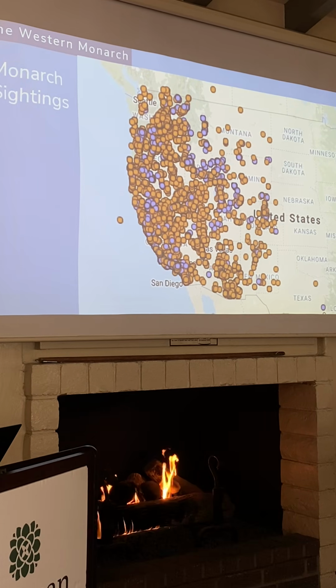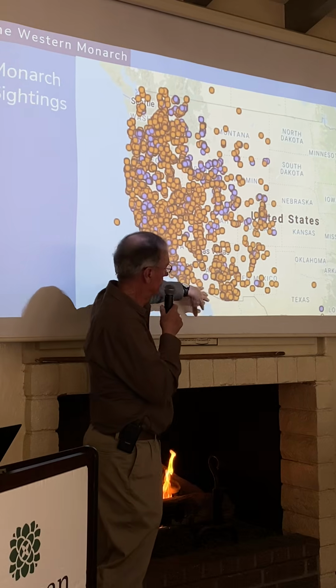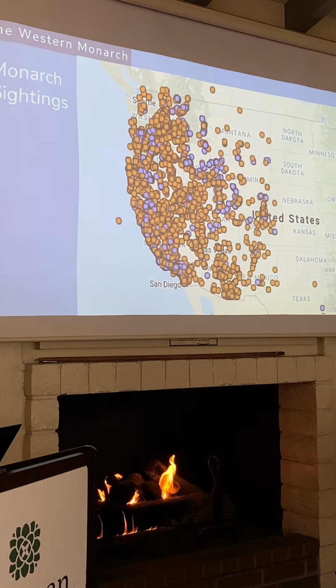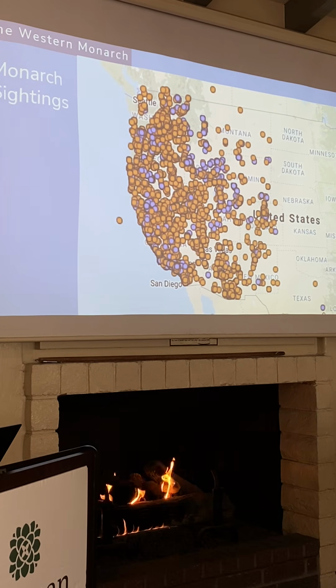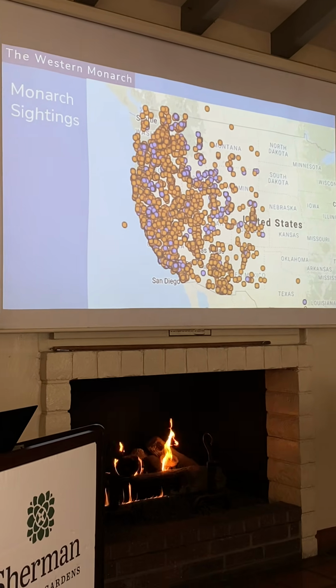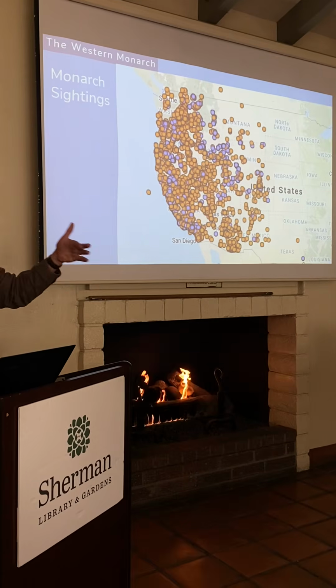But the monarchs are really well distributed. They do fit down into Baja and Mexico as well. This map didn't include that. And they'll get off into Canada a little bit, that's their furthest. It's important to know that the western monarchs are a series of populations during an annual cycle.